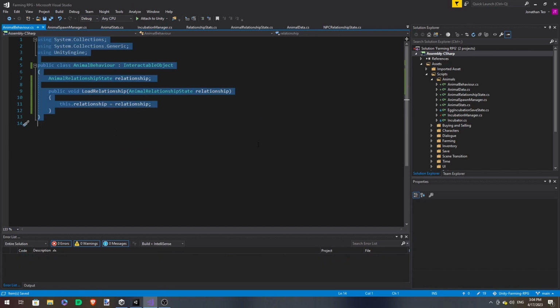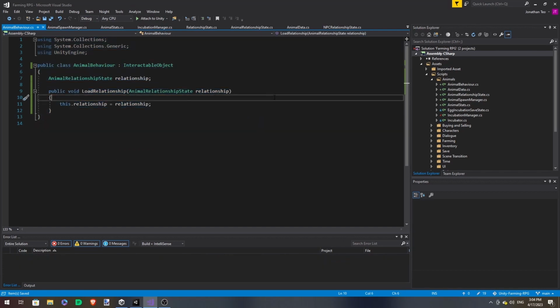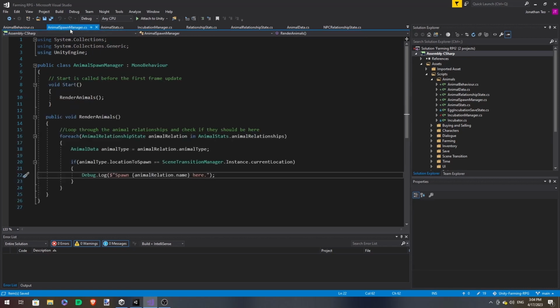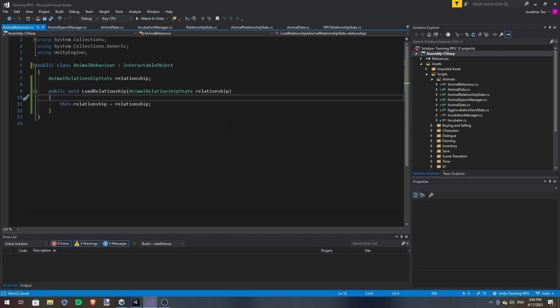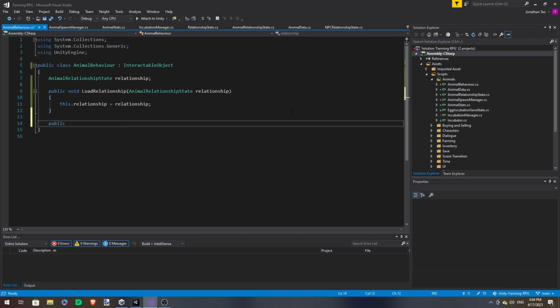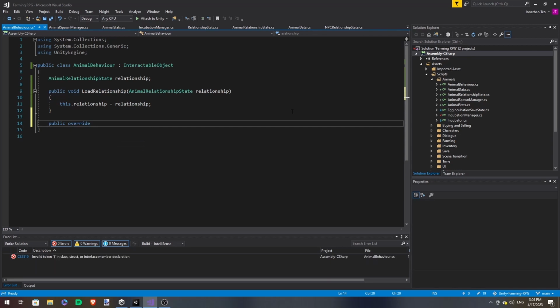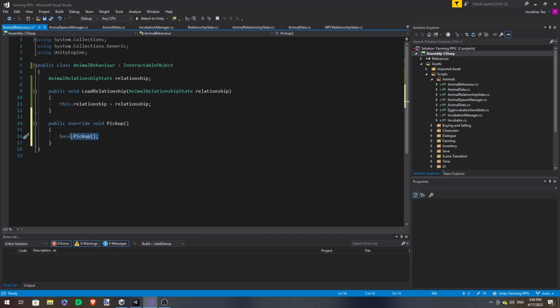So when we spawn this object, the spawn manager will tell AnimalBehavior you're supposed to be a chicken named Oliver, for example. And so when the player interacts with it, the game knows which animal he's talking to. So override the pickup.